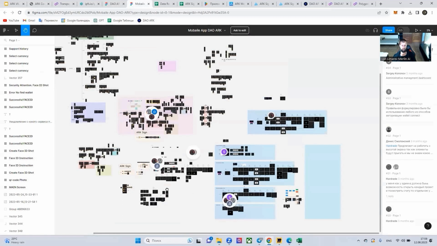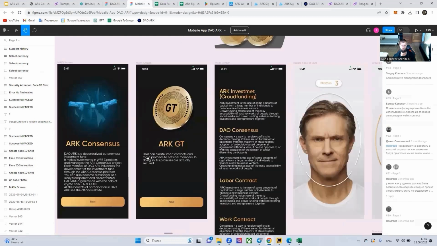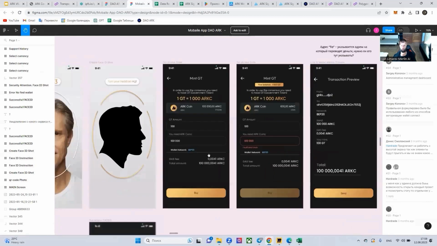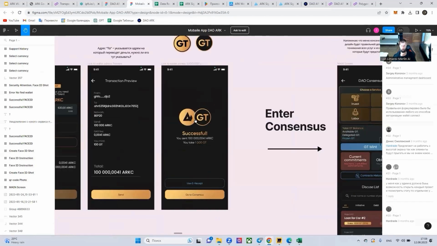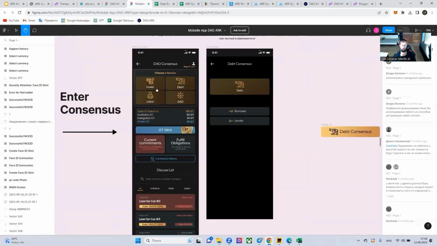We have ambitious plans, long-term ones. Further, in the next phases, we will already be creating ARK GT, that is, it's a reputation token. You will be able to get this reputation token by freezing your ARK coins. That is, you freeze the ARK coin and create a GT token out of it. And accordingly, you will get GT, you will successfully exchange ARK coins for GT, and will be able to participate